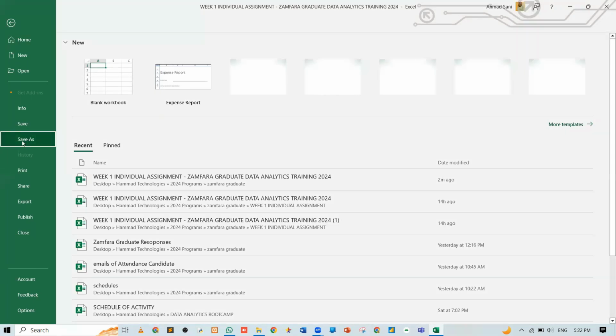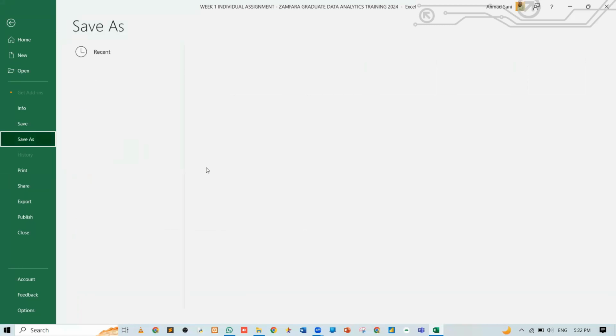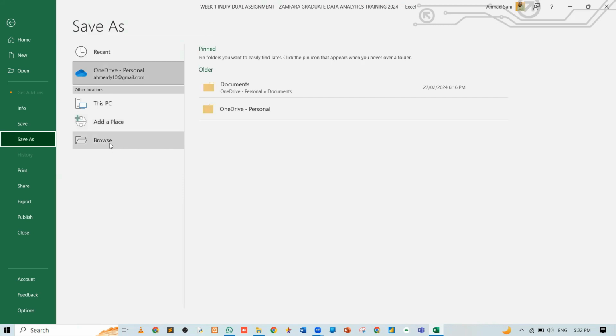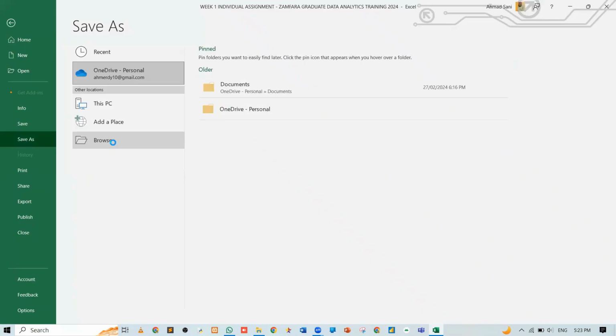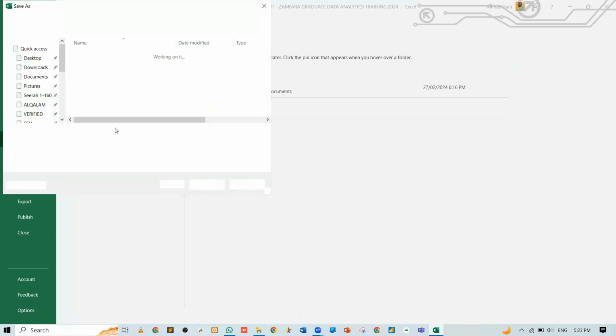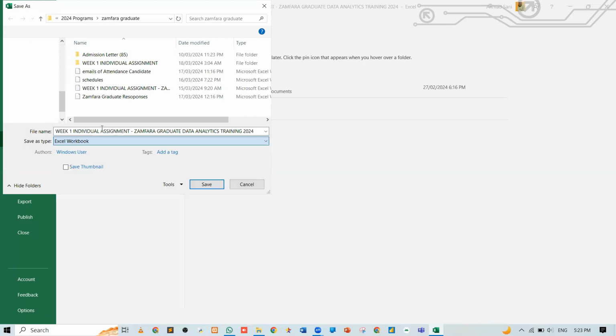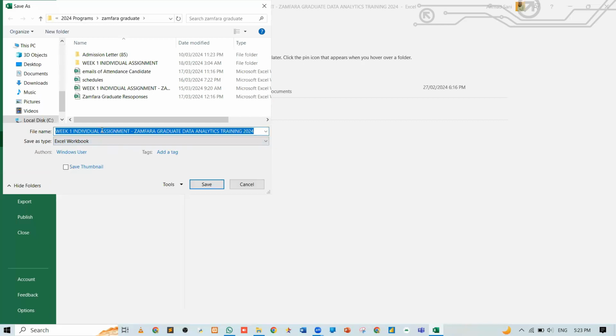Then if you come to this save as, you just navigate to the folder of your choice. Mine, I will save it inside documents. Okay, so let me just save it here. So now I will change the name to